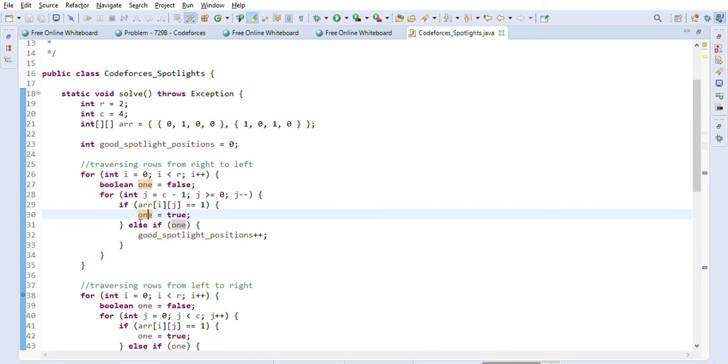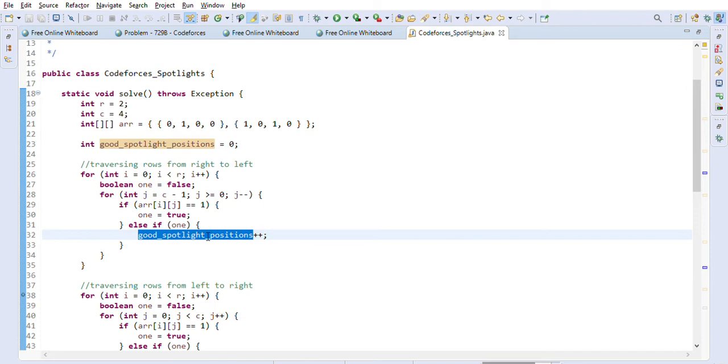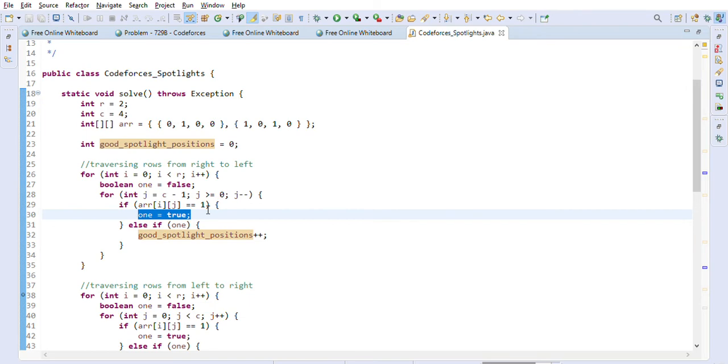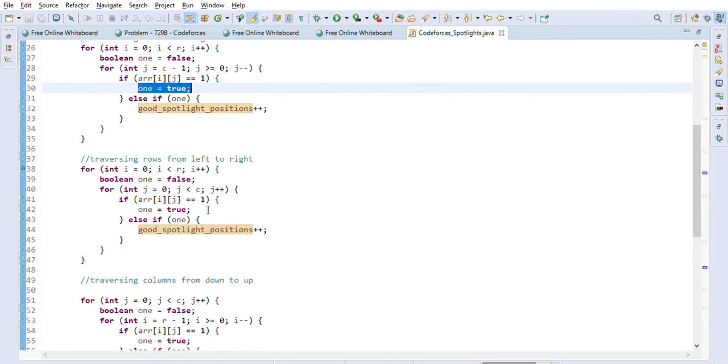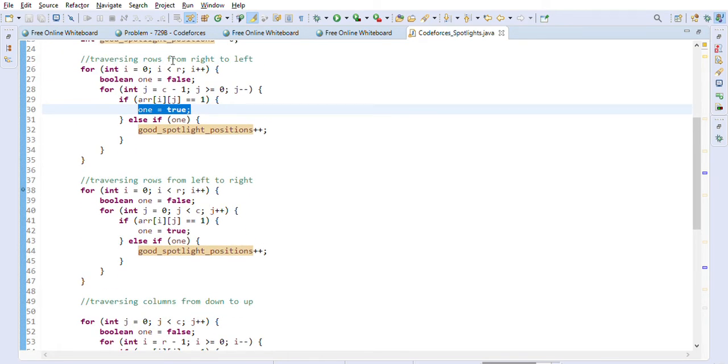And once we have the one flag true, then afterwards if we have any empty spots, right, then we will increment good spotlight positions, right? Because in that case we can put a spotlight there, because we already have seen one actor here, right? That's where we make the one flag true when we see the actor, correct? So this is traversing the rows from right to left.